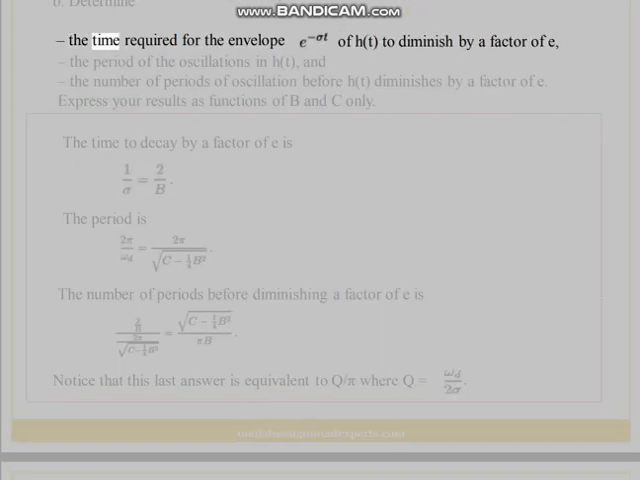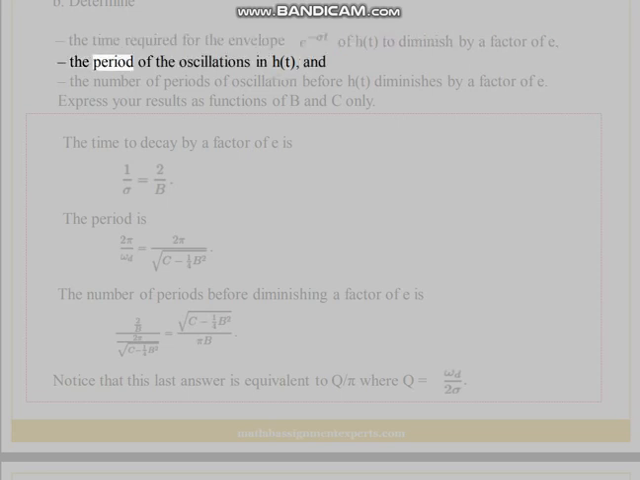B. Determine the time required for the envelope of h(t) to diminish by a factor of e, the period of the oscillations in h(t), and the number of periods of oscillation before h(t) diminishes by a factor of e. Express your results as functions of B and C only. The time to decay by a factor of e is. The period is. The number of periods before diminishing by a factor of e is. Notice that this last answer is equivalent to Q/pi, where Q equals